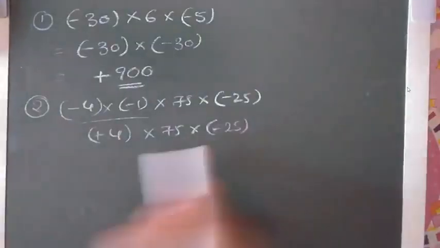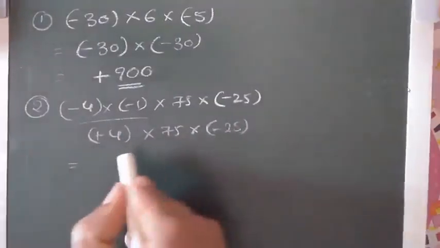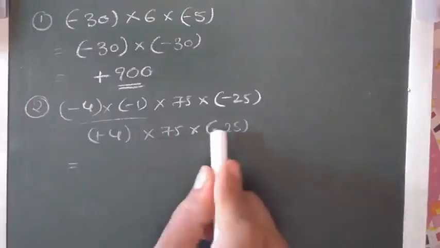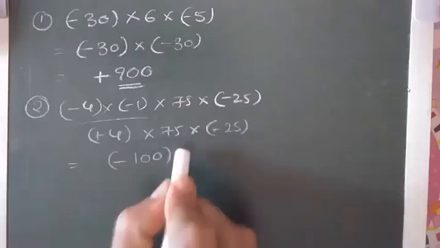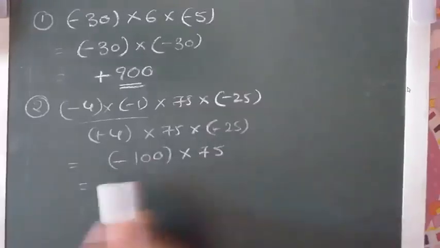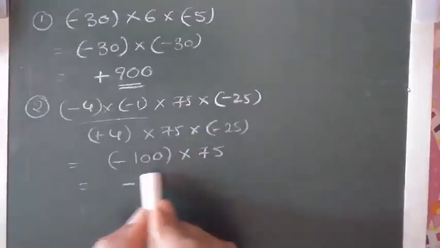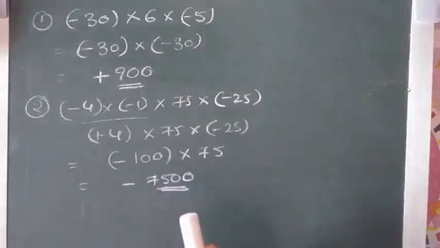So first you multiply 25 and 4 here. So now I am taking plus 4 into minus 25, which is plus into minus, minus. 4 25s are 100 here, and then multiplying with 75. So now it is easy for us. Minus into plus is minus, 75 into 100, 7500. So like this is the convenient way to multiply the given integers.